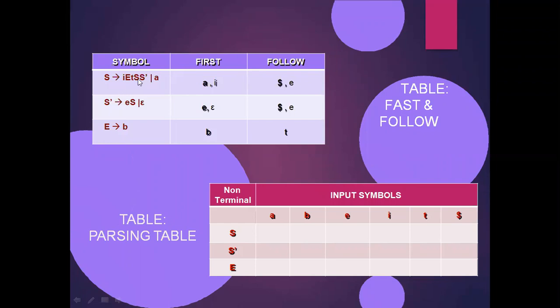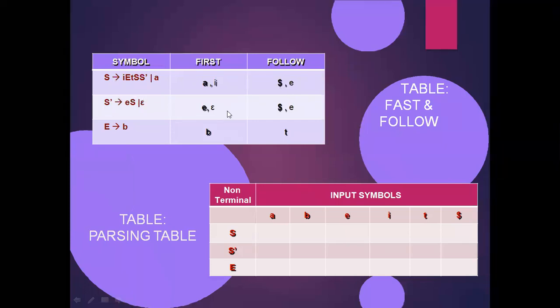And follow of S. Checking for this, here we're having two rules for the S. Make it as a B here, make it as a B here. In this rule, beta is an epsilon. In this rule, beta is the non-terminal S dash. What is first of S dash? E, right? That means for the starting symbol we are placing dollar, and the first of S dash is e. Just place here dollar comma e, which is the output of follow of S.